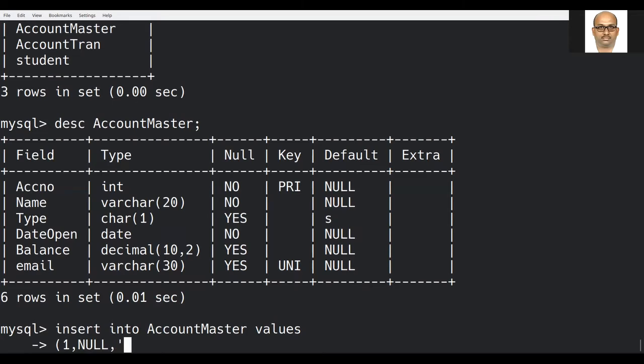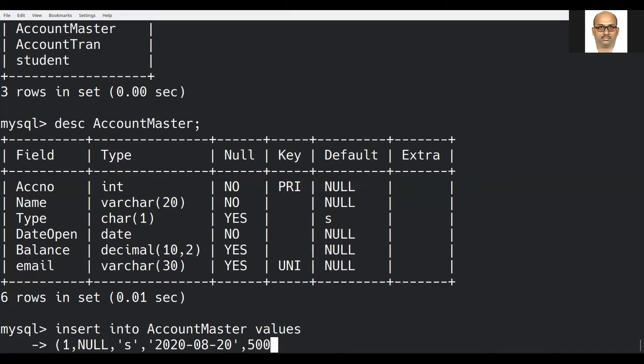I am giving S itself as deposit for savings. Date of open, here I am trying to mention a value. So date of opening is 2020, the 8th month, and the date is 20. Even though this should not be null, here I am giving the value. Balance, I am trying to give it as 500.